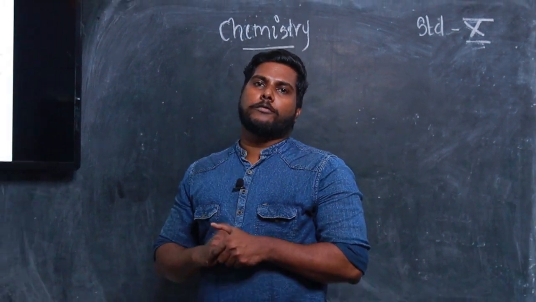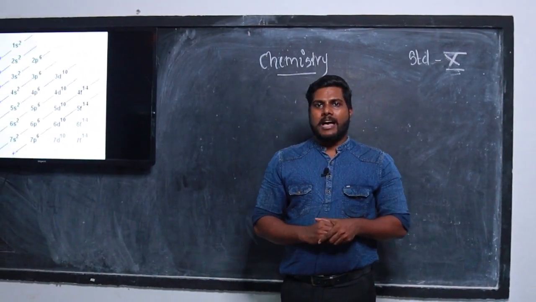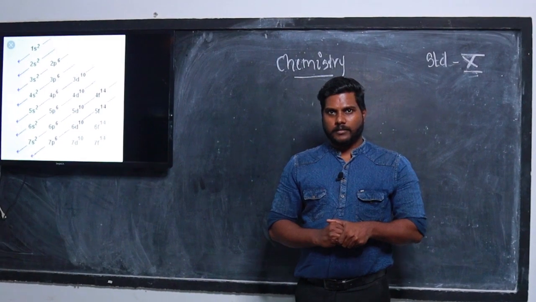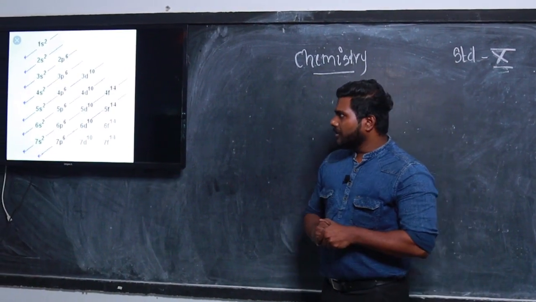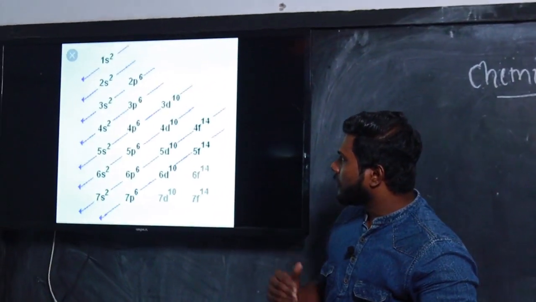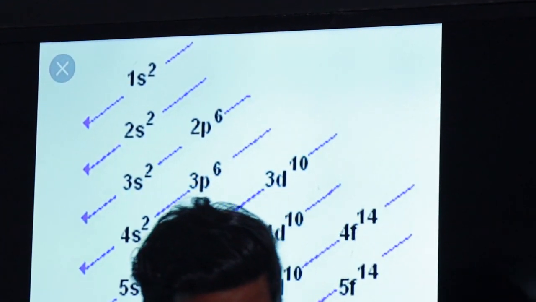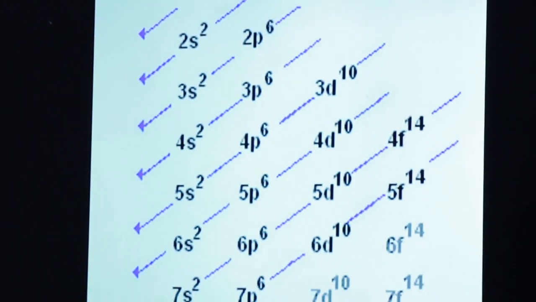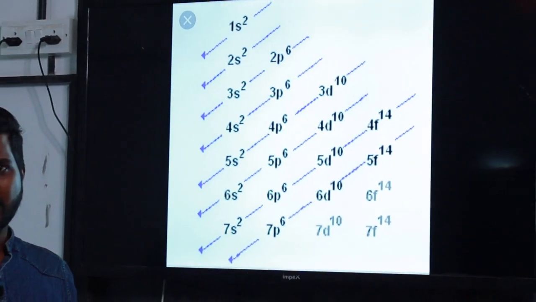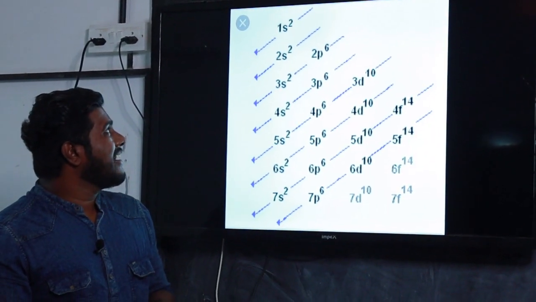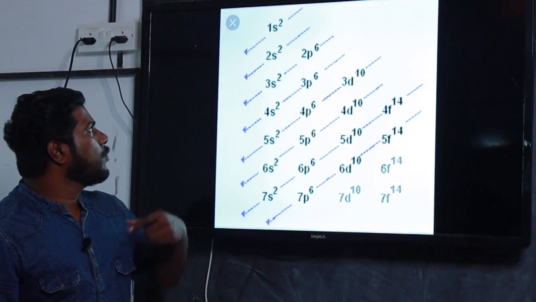That is with the help of a principle, the Aufbau principle. Everyone listen to me. Here I will show how to arrange electrons in a subshell. Here we can write